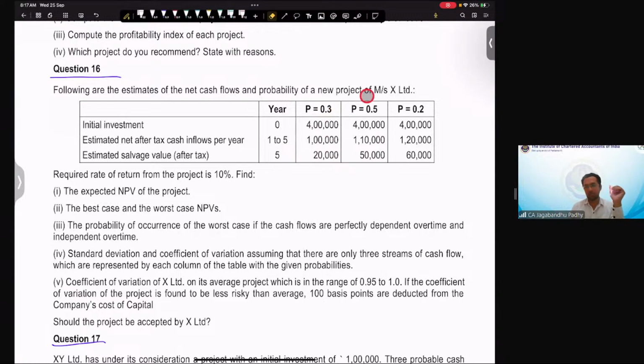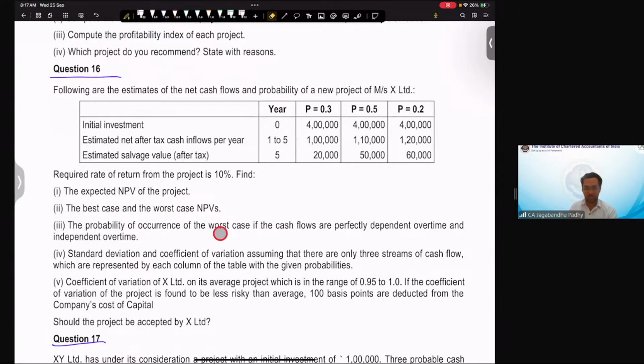So we are putting up 3 probabilities. First scenario is 30% chance, where you are expecting a net cash inflow of 1 lakh or 1 lakh 10 or 1 lakh 20, depending on the scenario and the probability, and the expected salvage is given. Required rate of return from the project is 10%. Find the expected NPV of the project, then the best case and the worst case NPV, then the probability